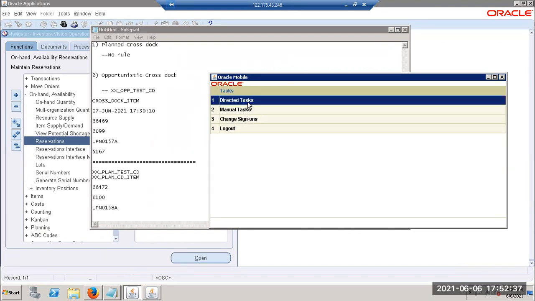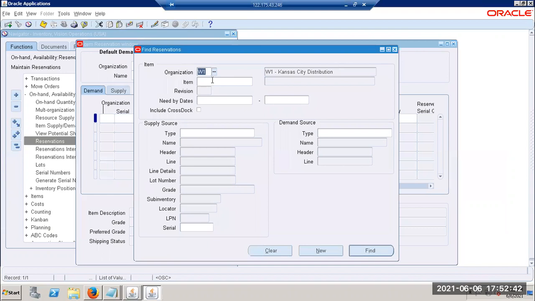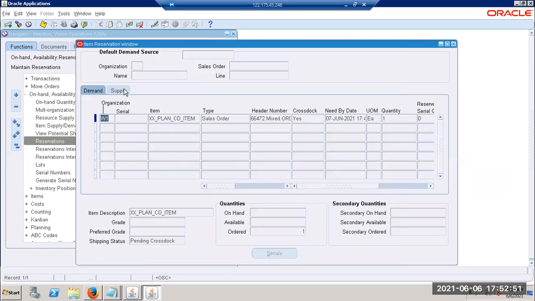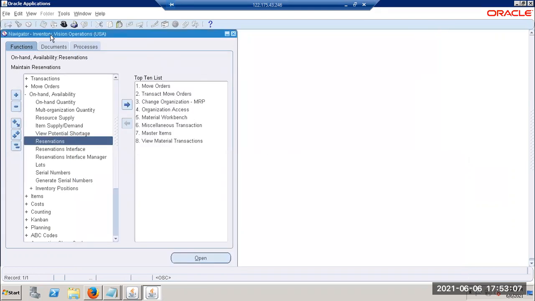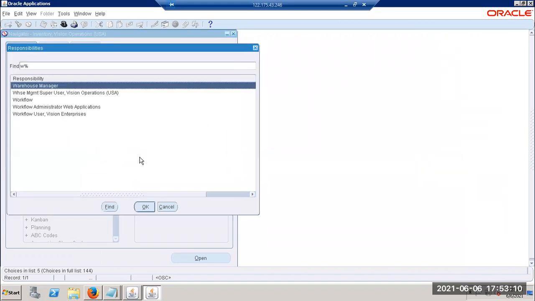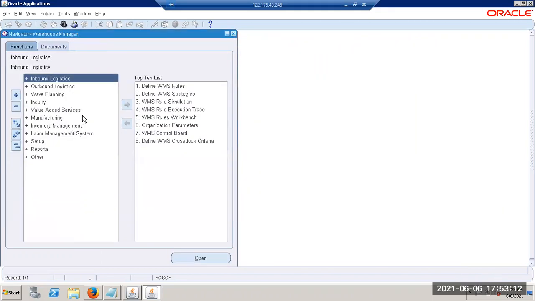One second. Again, go and see the reservations once. Go to supply. Okay, now it came to type receiving. Correct? You're not trying to see your purchase order here. Earlier it was different. Close this. Now let's go and see our sales order status as well, because now you got the on-hand quantity. Let's see what happens with our sales order status. You got it, right?